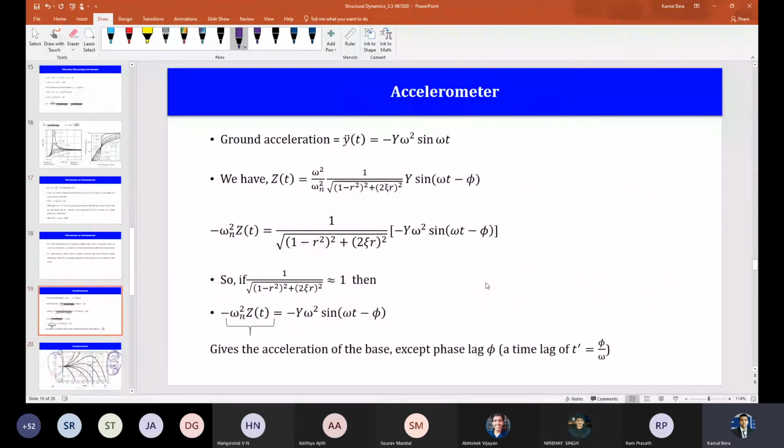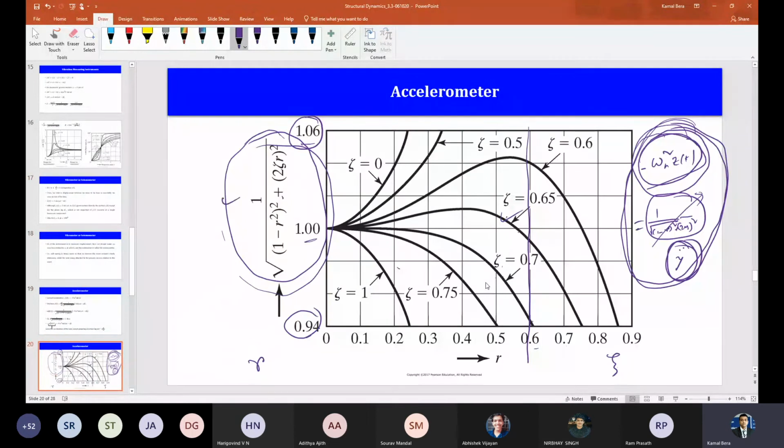So to get that, you are trying to plot this versus R for different values of damping. So what is the better option? If I come here, then it will be better, right? If I keep the R value at this one, then this ratio will be 1, correct? Yes, sir. But the plot is shown in a zoomed manner, so you are not able to visualize it. You see the range 0.94 to 1.06. Yeah, but ask your question now.